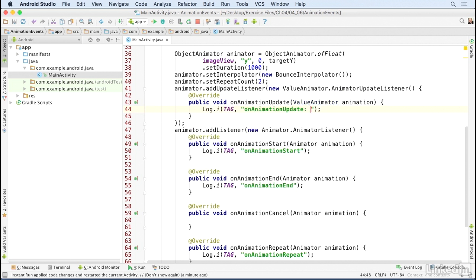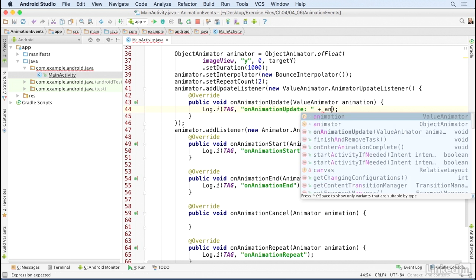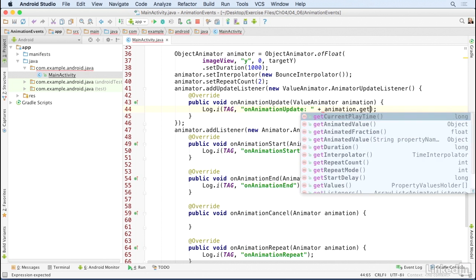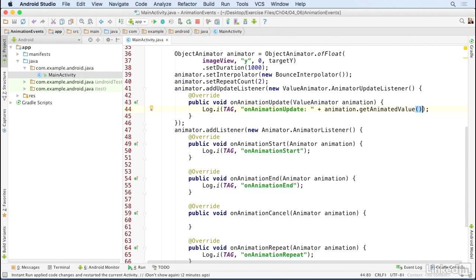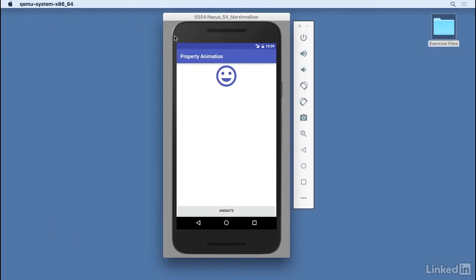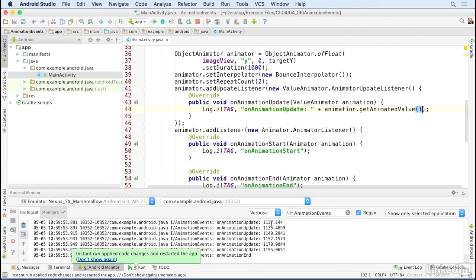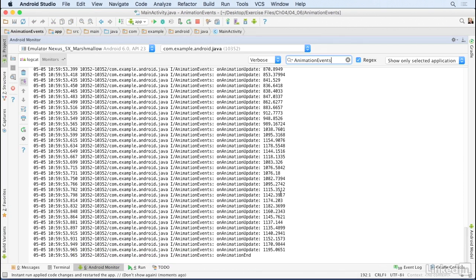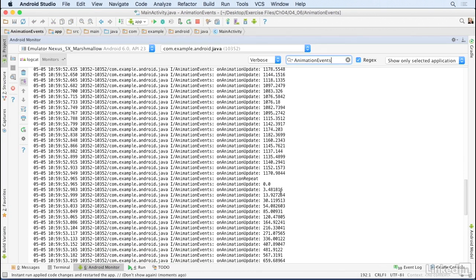So I'm going to call log_i, and then I'll append to that string animation.getAnimatedValue, and that will tell me the current value of the y property as the animation is running. And I'll run the code again. Once again, that runs the animation 3 times because of my repeat count. Then I'll come back and look at my logcat output, and there it is. I'm now seeing the exact value of the y property as the animation progresses,